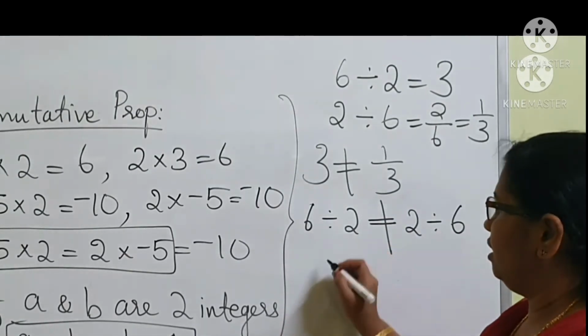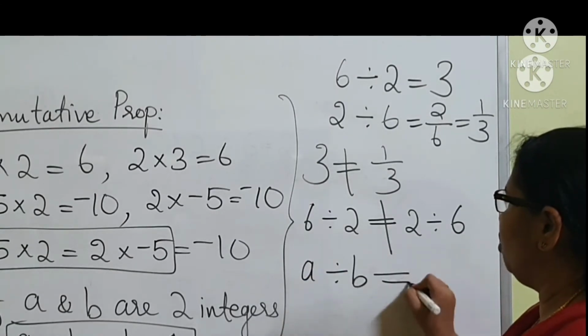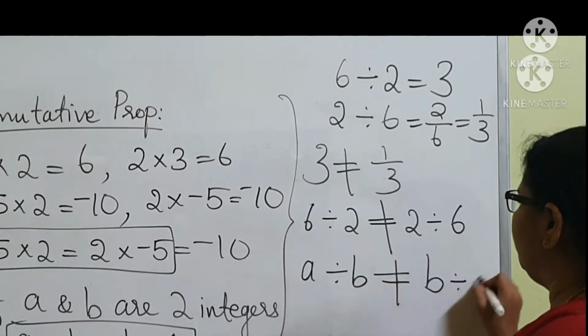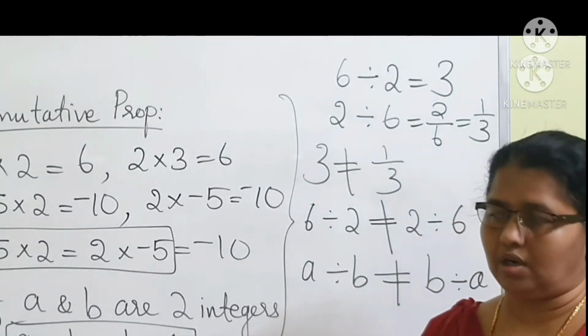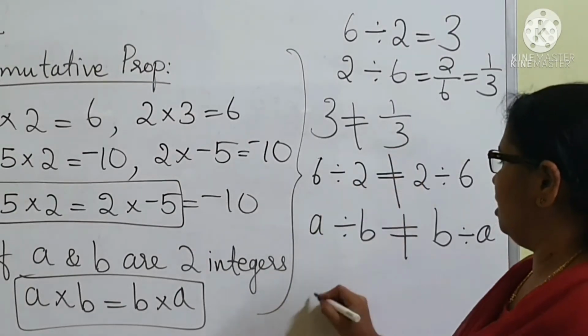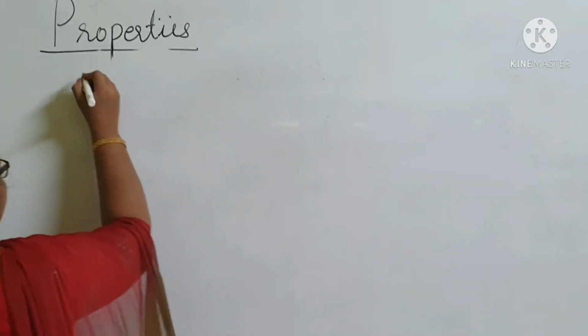Therefore, we can say A divided by B is not equal to B divided by A. We cannot divide integers in any order. Therefore, integers are not commutative under division. Third property,